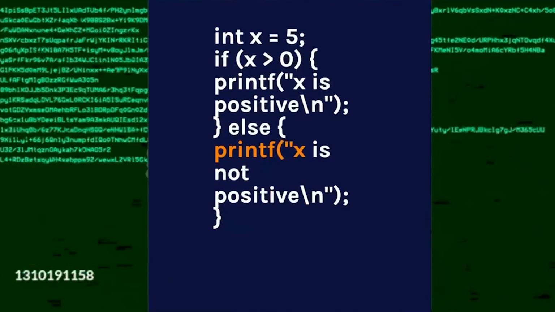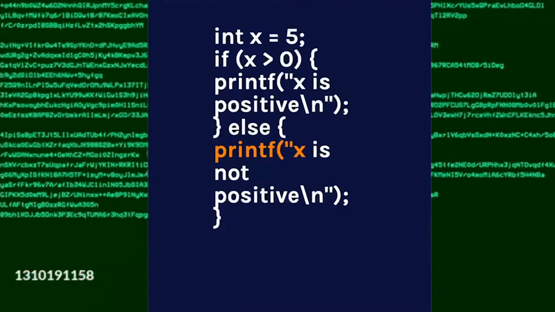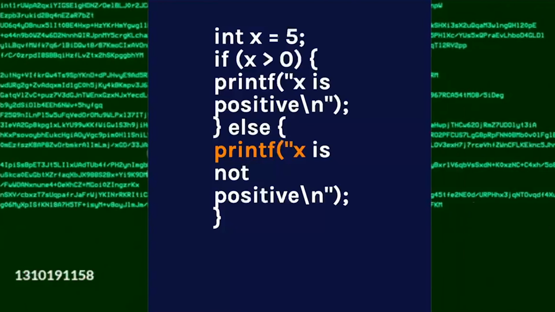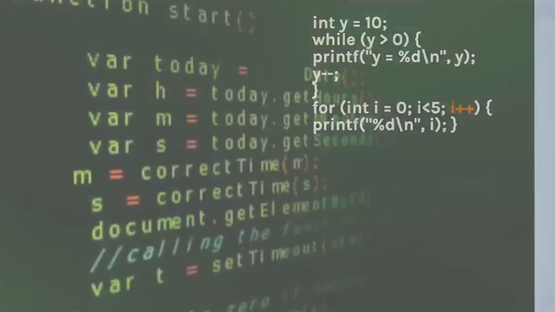int x = 5; if x > 0, printf("x is positive\n"); else, printf("x is not positive\n"); int y = 10; while y > 0, printf("y = %d\n", y); for int i = 0; i < 5; i++, printf("%d\n", i);